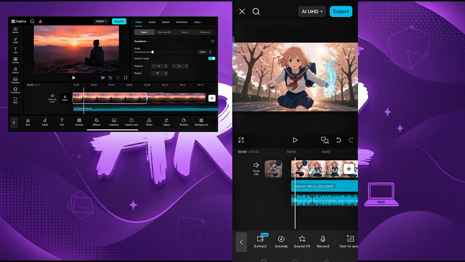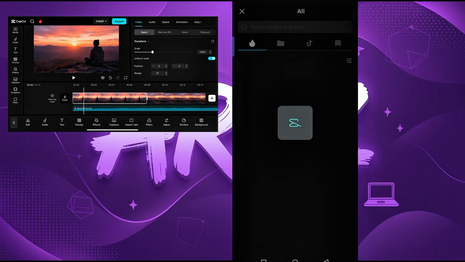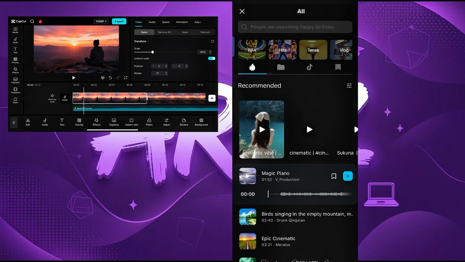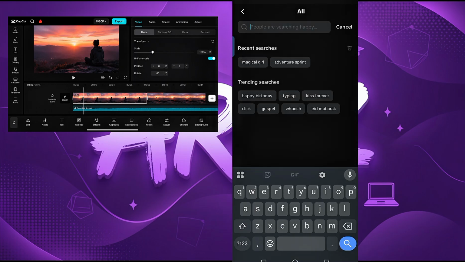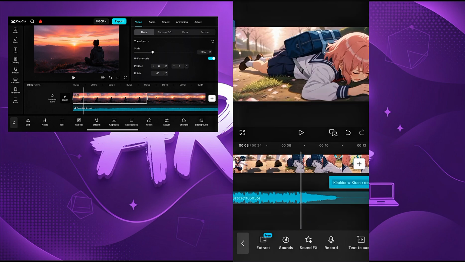So this is how, if you want to add sounds or music, you can also ask ChatGPT which music you should add. You just come and search for it. These are the two recent searches. I used magical girl sound and sprint sound to add to the video, and that's how I got my video. When you want to add more generated clips to your video,